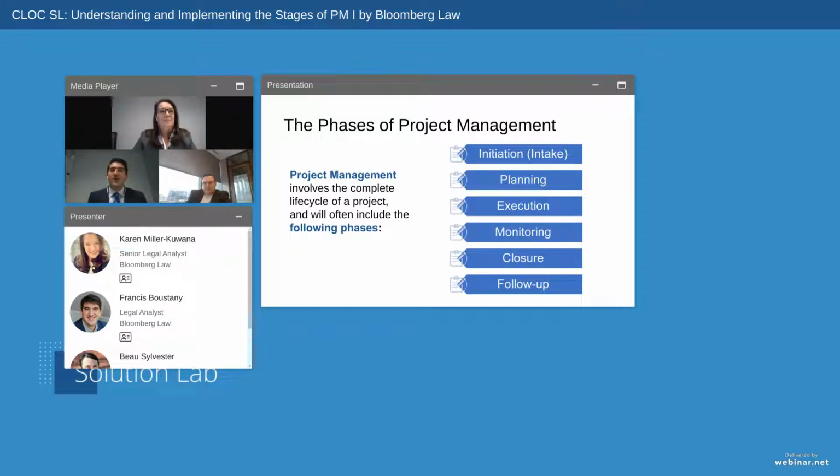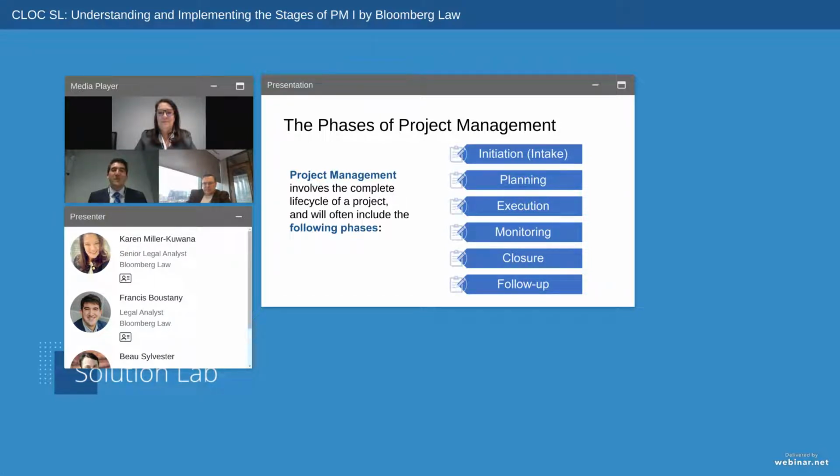And finally, follow-up comes after this. That's the final phase of a project usually, and that's where the project team will follow up with stakeholders to handle any ongoing issues or help them with any questions they have after the official closure of the project happens. There are, of course, many tasks within each of these phases, and this brief overview didn't cover them all. We'll discuss them more at length later.